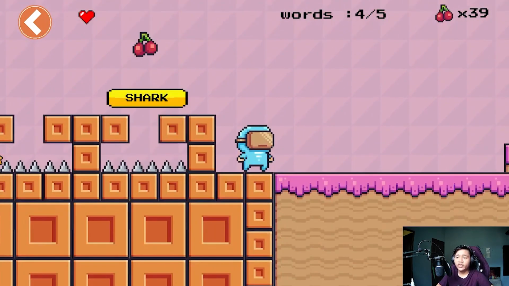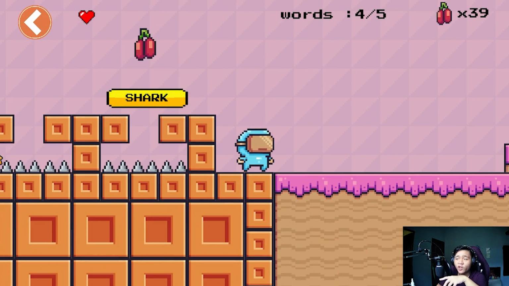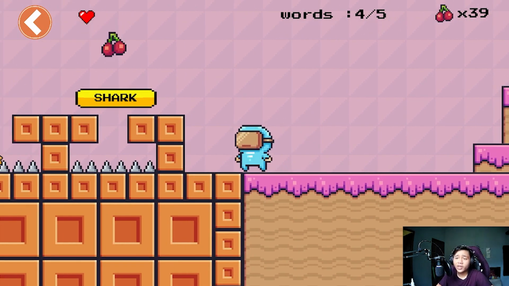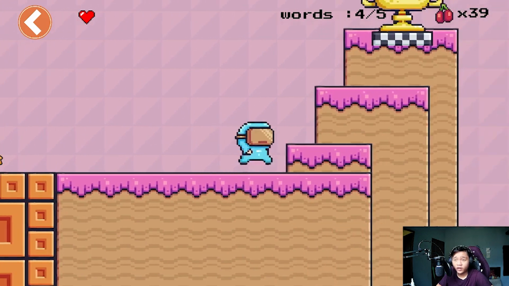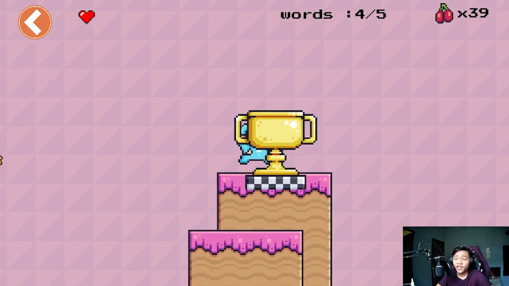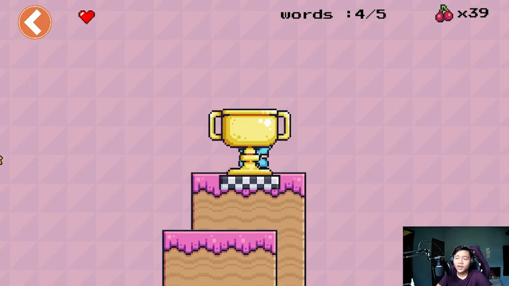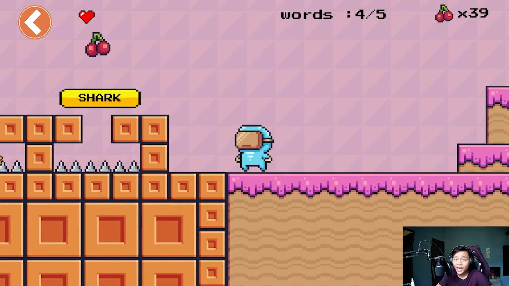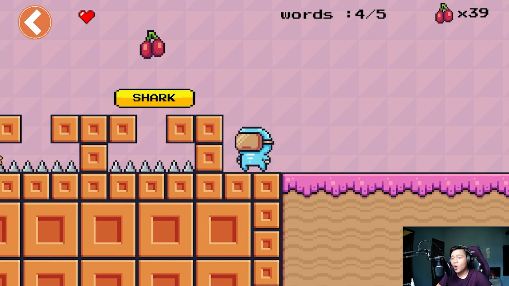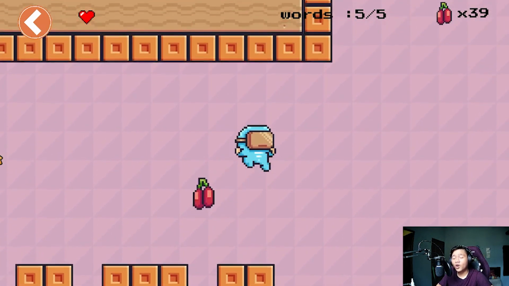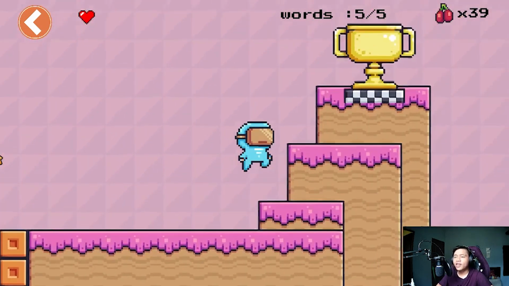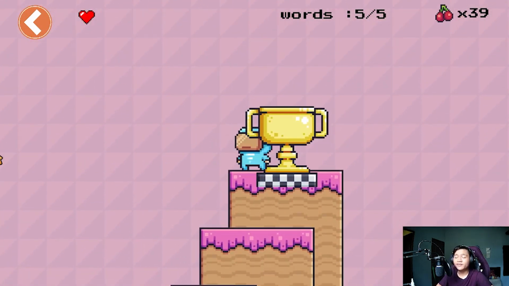As you can see, the word counter is 4/5, which means we have collected 4 out of 5 words that have been scattered in this level. So let's say the student only managed to get 4 out of 5, they won't be able to finish the game, as you can see. The game won't complete. But if the students collected all 5 correct words and then head to the finish line,